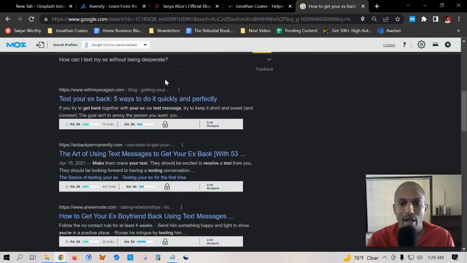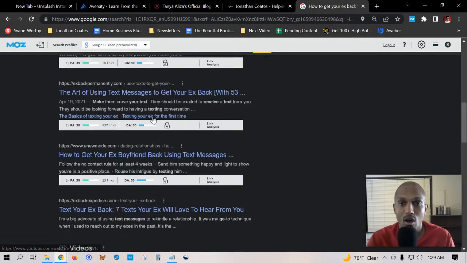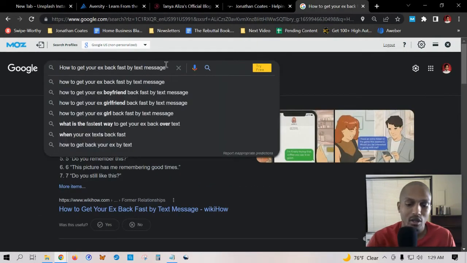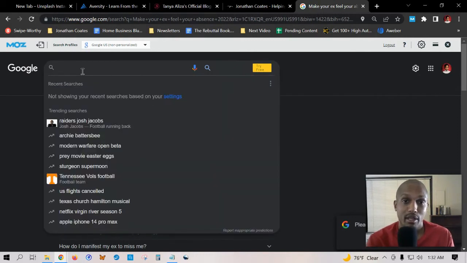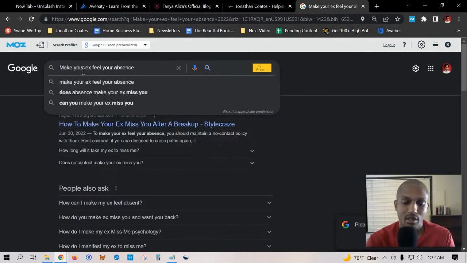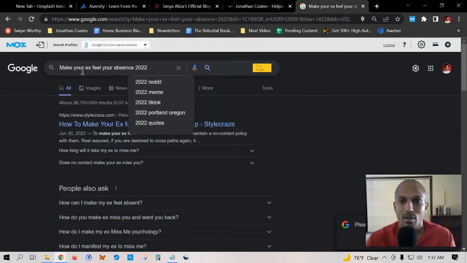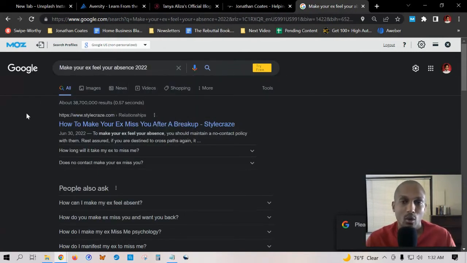Now, as you can see, we have options here at the bottom, and we also have options at the top if we just go to the search bar and then click space. One thing I wanted to bring up is if you have content that's date driven, for example, you put the current year after your key phrase. If it is date driven, I recommend you update the article once a year. That way you keep the content fresh, so people reading it know that what they're reading is modern and works now, which is really important. So keep that in mind if you have the date in your title.